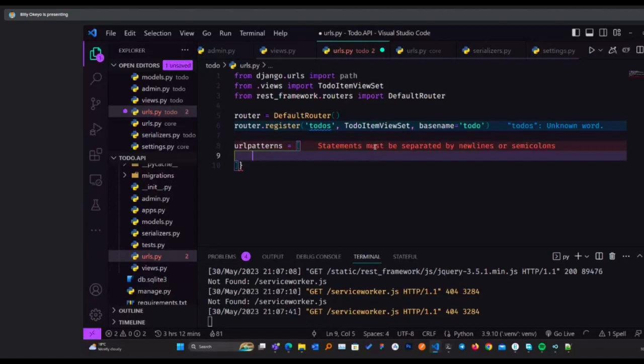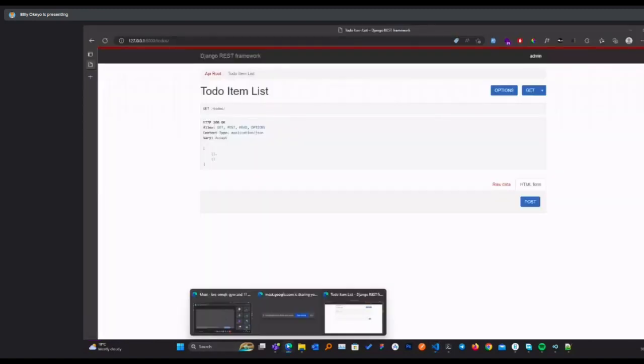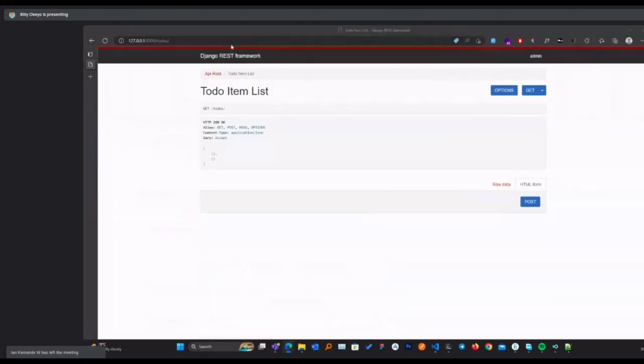I'll import that, include, come back, refresh. I'll try to use this to test the API, just to be sure it's really happening.